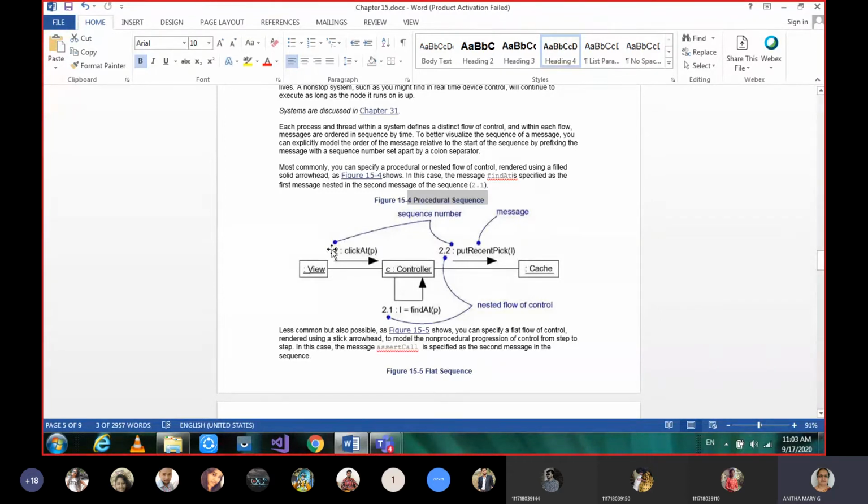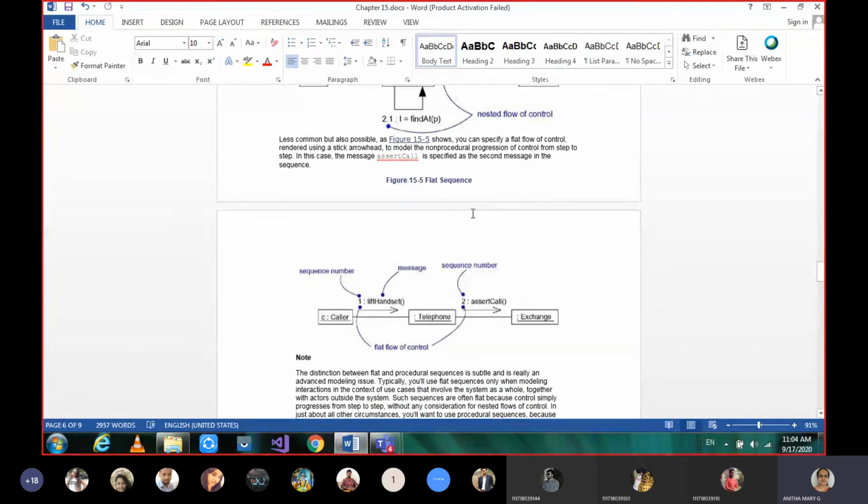The message with the least number is the first message in that scenario, and then the sequence continues. When I track the sequence of messages, I get to know the scenario of the given case study. That is how we can give the procedural sequence.